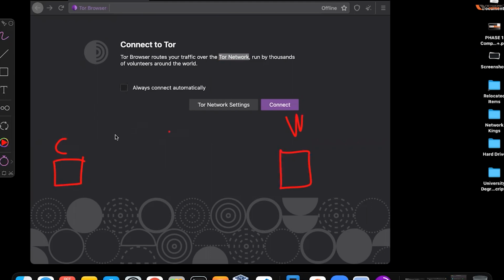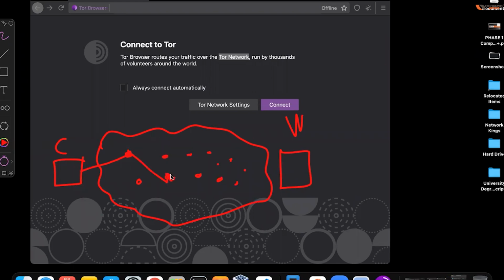Now inside this Tor network, there will be multiple nodes. Randomly, your IP will get changed here for the first time, here for the second time, here for the third time, and then you will connect to the website.